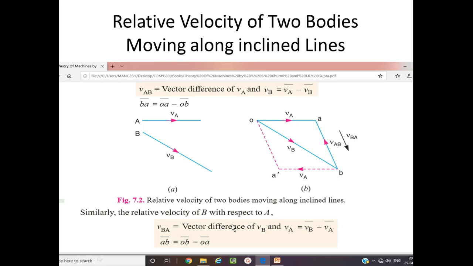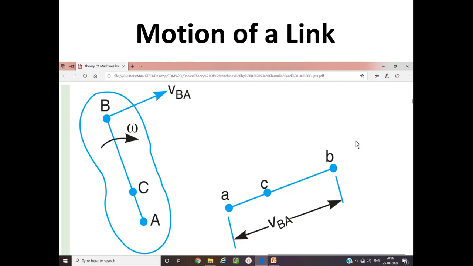Okay, so then it will be a vector AB bar. AB bar represents the velocity of body B with respect to body A, and can be calculated as equal to OB bar minus OA bar. What is my OB bar? It is nothing but the velocity of B minus the velocity of body A. In this way, the velocity of body A with respect to body B is equal to the velocity of body B with respect to body A, but opposite in direction.